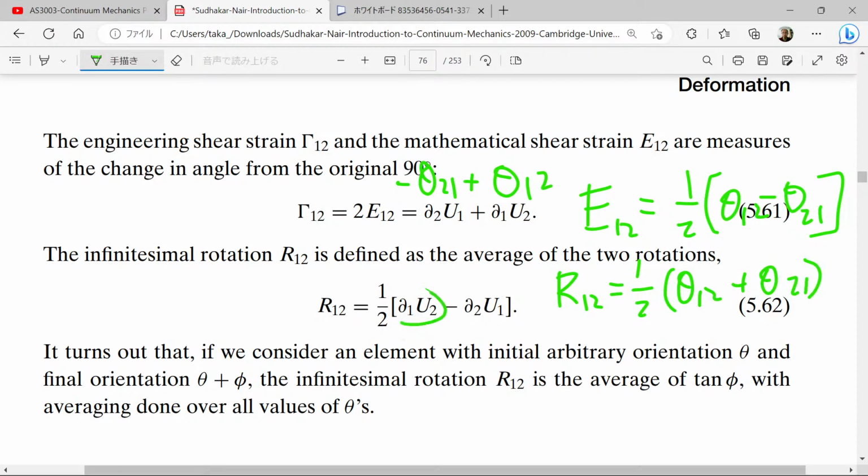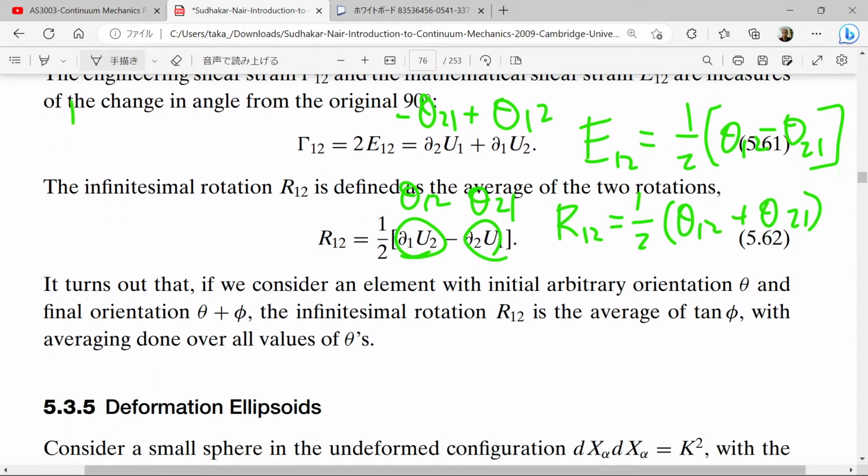So this is theta 1,2, and this is theta 2,1, the average. And we actually had a pretty long discussion with Professor Na, and we